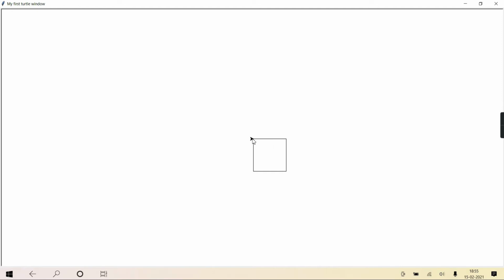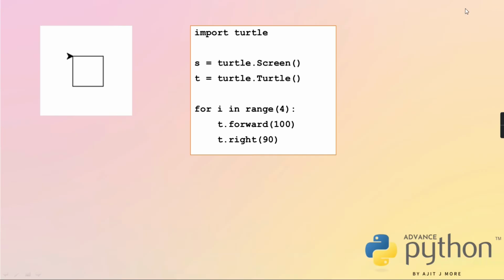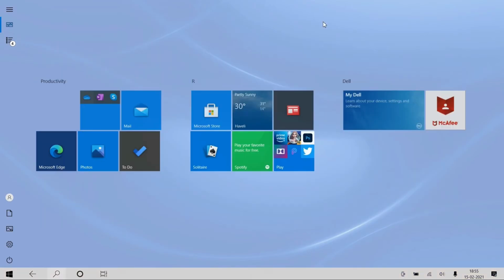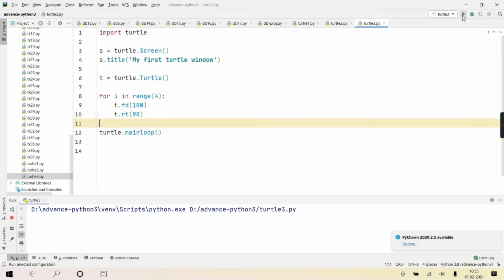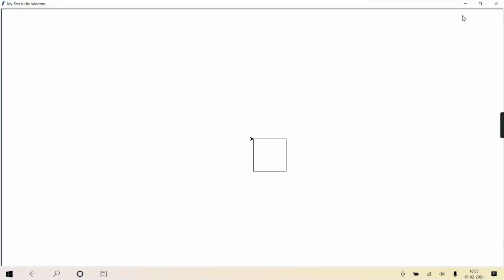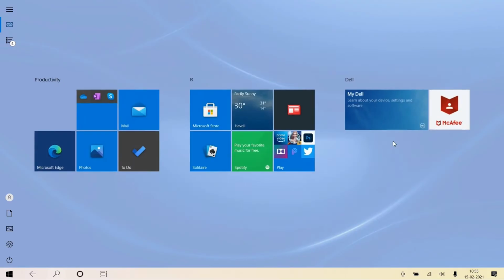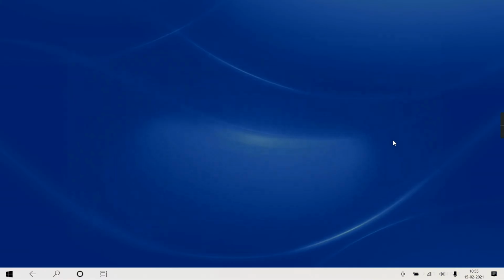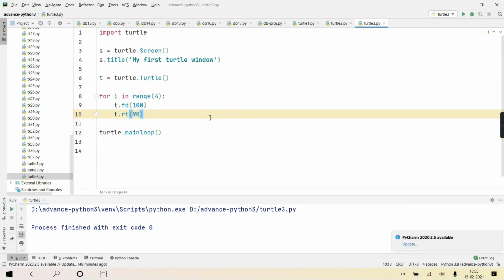So if you reduce its speed, we can see slowly the turtle is going, then changing its face this direction. Getting? Here it was a little fast, right? Can you see? It went here, here, here and here. Okay? Is that concept clear to you?